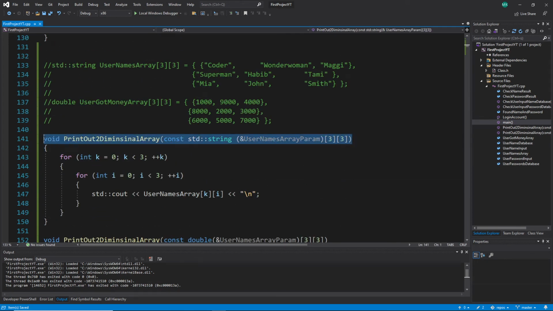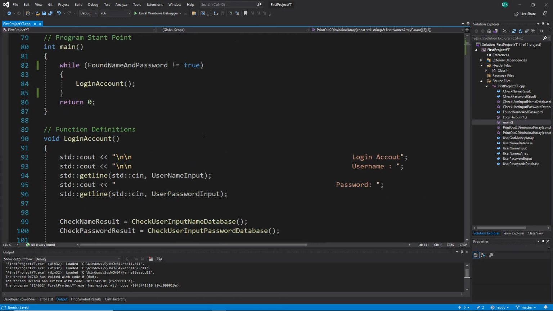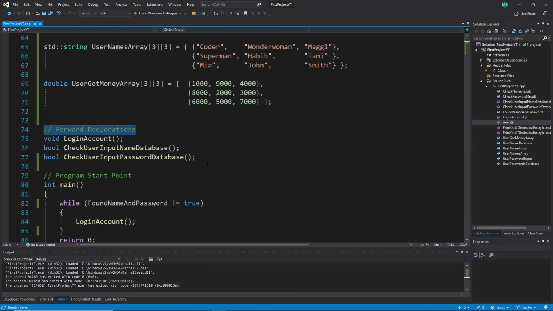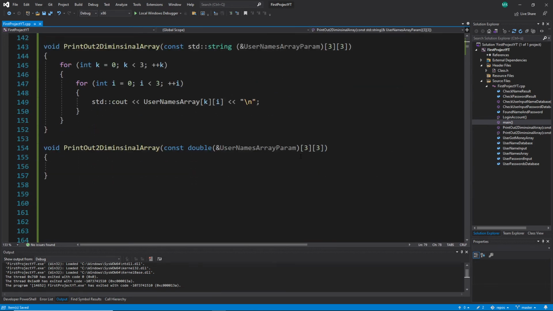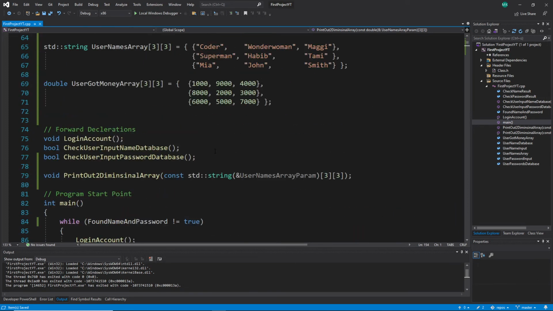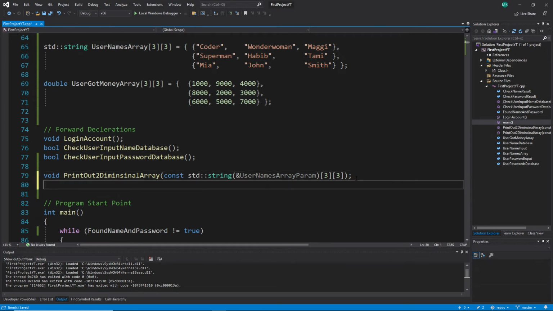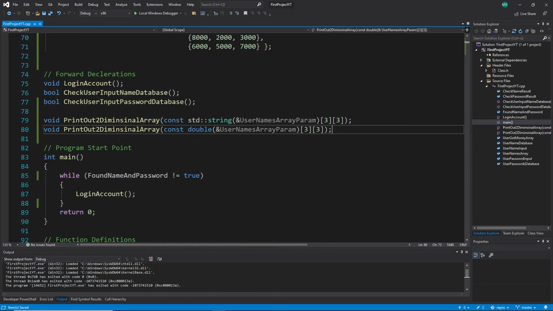Which means I just copy this line. I paste it on top. Here are my forward declarations. I put them here. Let's do the other one too, which is this one. Copy. And do this forward declaration here as well. Control V. So now I have the forward declarations, and now I can call them here in my main. I need just this one here. Let's call this one here